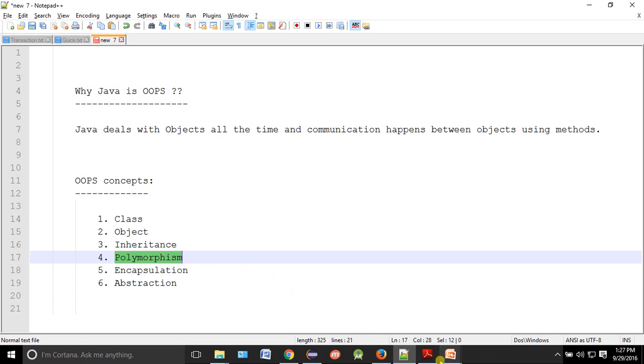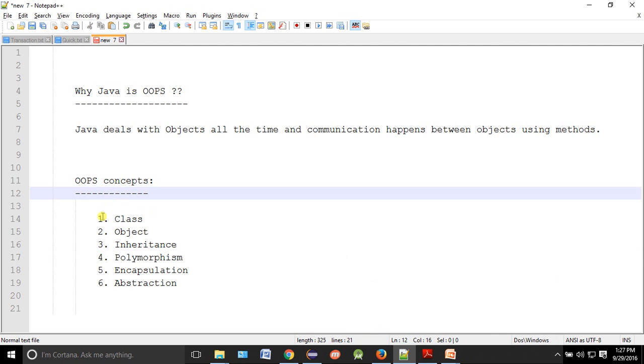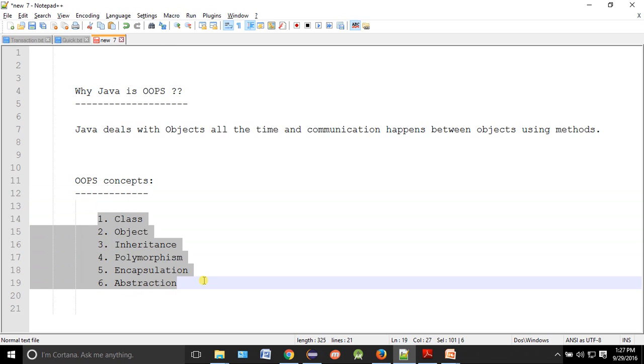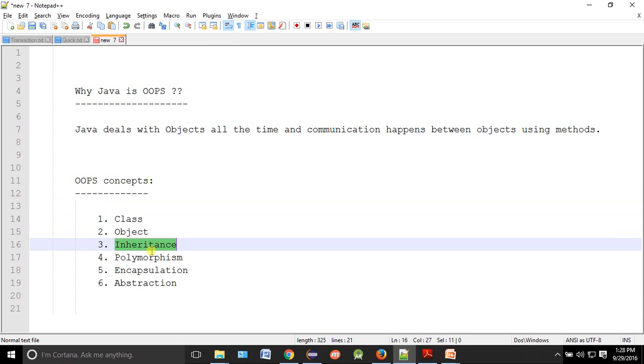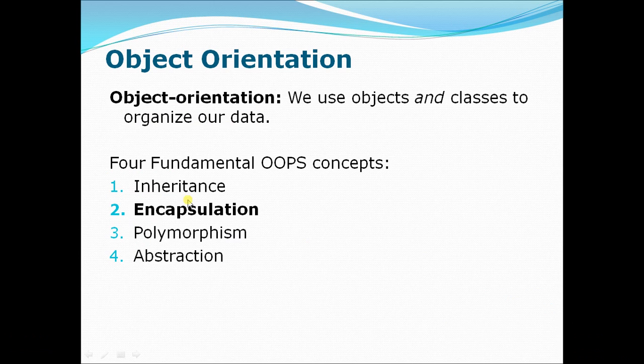As I told, these concepts are not only related to Java, they relate to all OOPS languages. If you are studying inheritance now, it does not mean it is only for Java. If you know this concept, you can work with other languages which follow OOPS. We'll concentrate on encapsulation for today. If you don't have encapsulation, what problem will happen? If I have encapsulation, what problem will be solved? All those things we'll see.